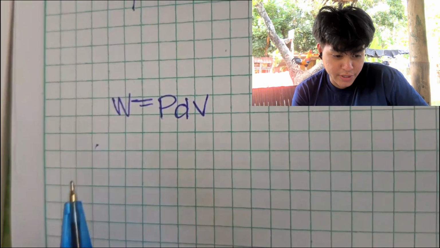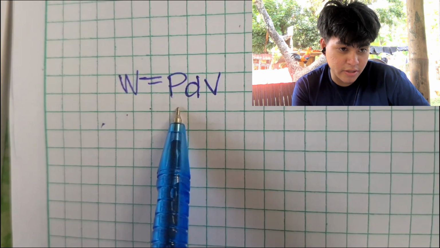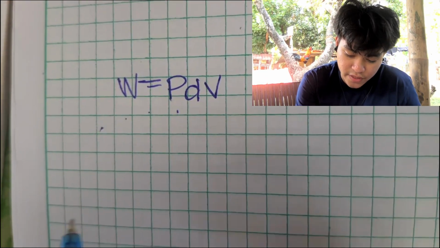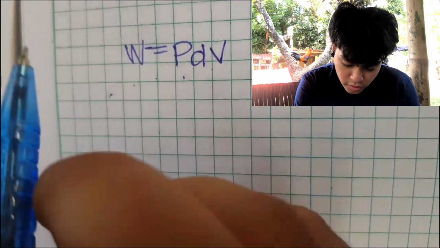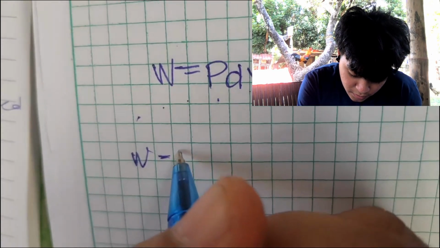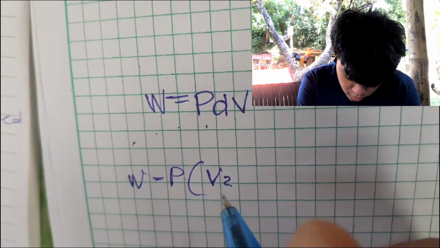The gas will do work against the piston as it expands, where W is equal to P, the pressure, times the distance, or the volume. So the formula for getting the work for the isobaric process is W equal to P times the derivative of the volume. If you're given two volumes, the first volume and the final volume, you get W equal to P times V2 minus V1,